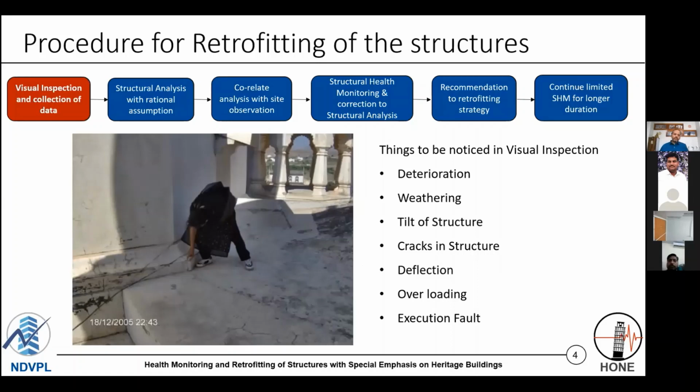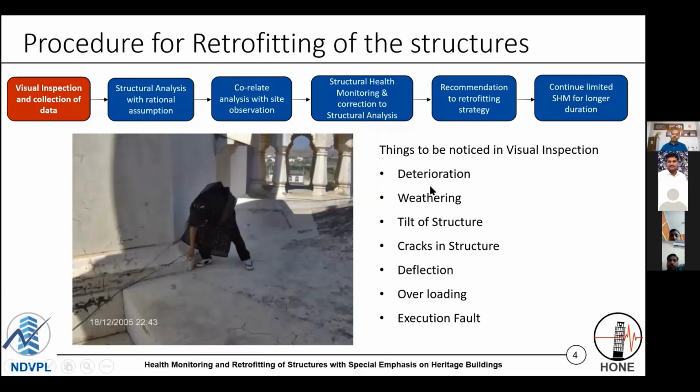So in the model process, what we should do is we should go and visit. Obviously, that's what we are doing right now also. We should look for different kinds of problems in the structure. Obviously, we must talk with the occupants of the structure. We must know how they are feeling, safe or unsafe. Sometimes we may miss the cracks because we are not seeing the structure every day. The occupant is seeing the structure every day. So he may be able to give us better input regarding his own structure.